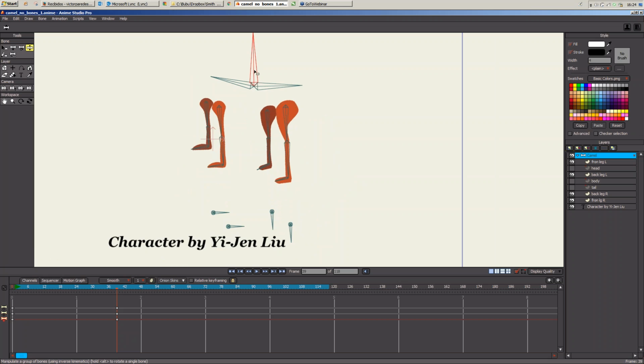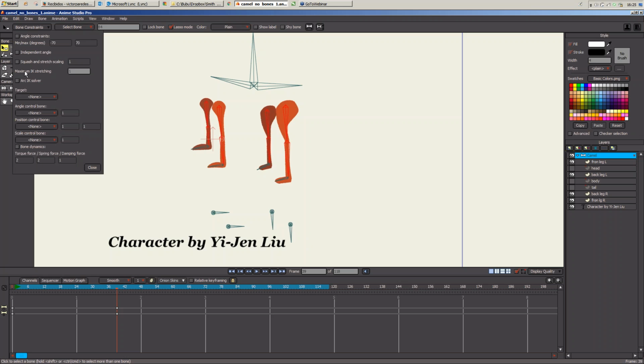So I will select the 2 bones of each leg. I am selecting the entire leg but not the feet. Okay, and I will go to the bone constraints, and here I have a maximum IK stretching. Normally it is set to 1, and 1 means 100%. That means these bones will stretch 100%, and in other words, the bones won't stretch